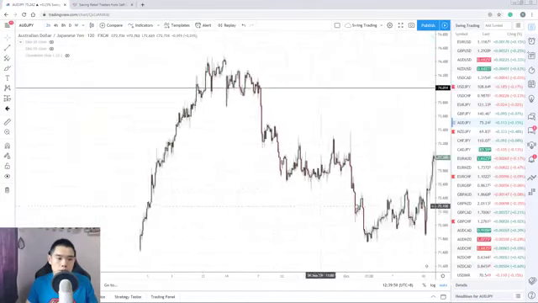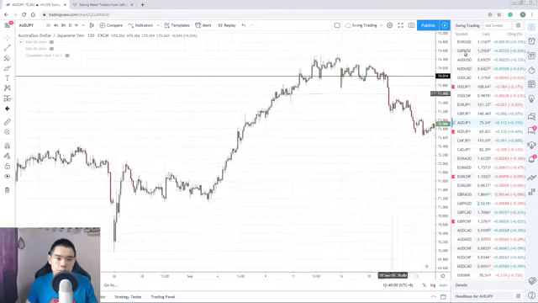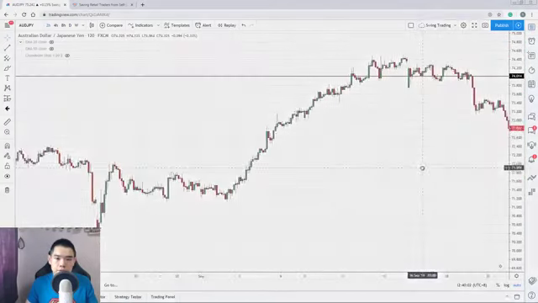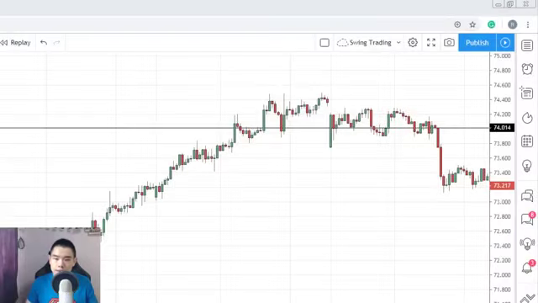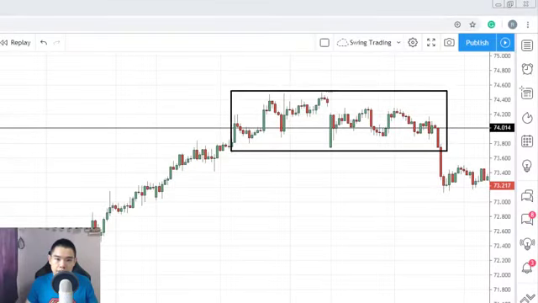I just zoom out a little bit, and you can see that over here is where the break of structure technique comes into play. At this point, you can see that this is the resistance you saw earlier on the daily time frame. And on the 2-hour time frame, you can see that sellers are starting to come in and taking control of the market. You notice that previously you had a series of higher highs and higher lows, but at this juncture, you now have a lower high, and this is the area of support